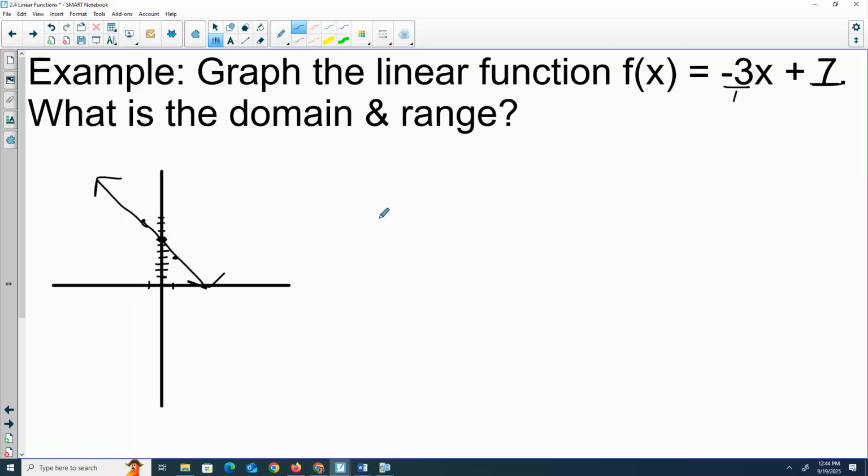What's the domain of this? It's going left and right both forever. What's our range? Also, maybe possible, but